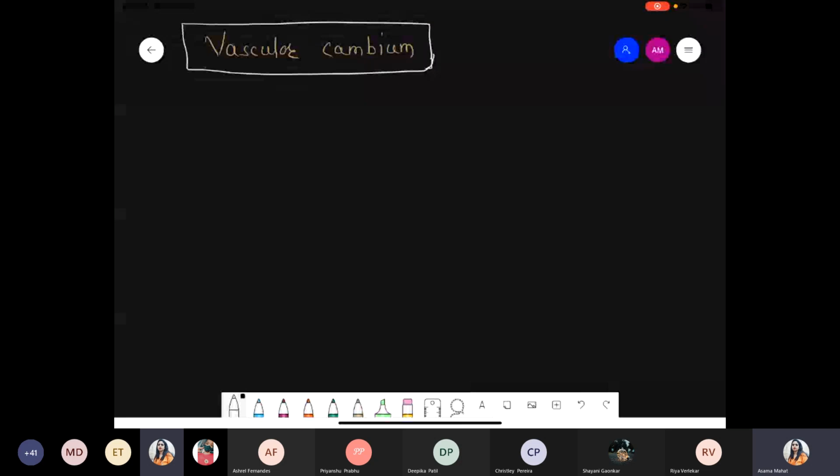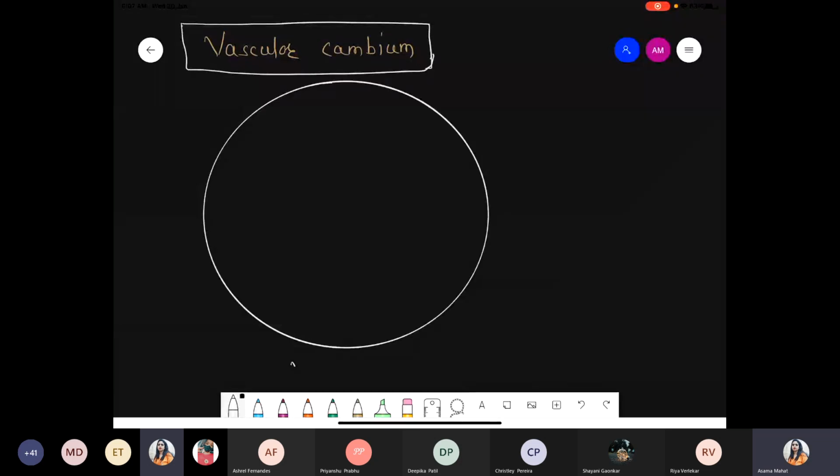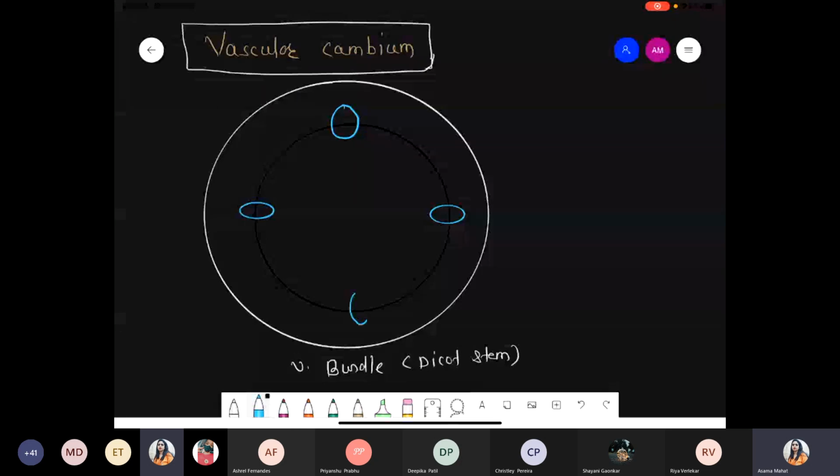So now new point we are talking about vascular cambium. What is their activity and how do they get formed? Suppose these are the part of the vascular bundle, vascular bundle in case of dicot stem. Inside this vascular bundle, there is a presence of xylem and the phloem. So you know very well that xylem and the phloem, they are present in a bundle form. So ये one bundle हुआ. Now these are the another bundle, third bundle, fourth one, and so on. Suppose these are the few vascular bundles.